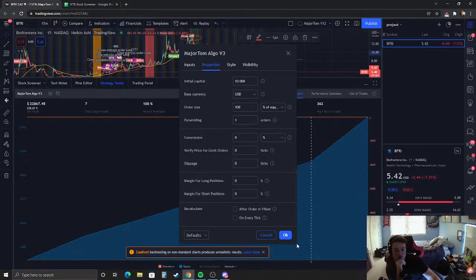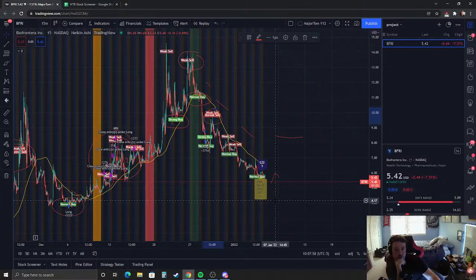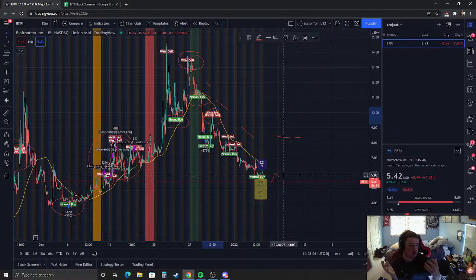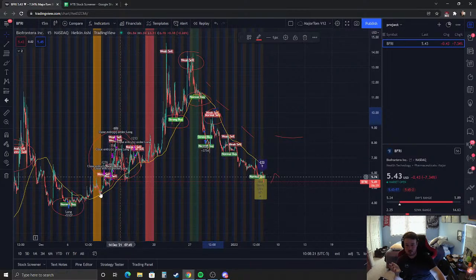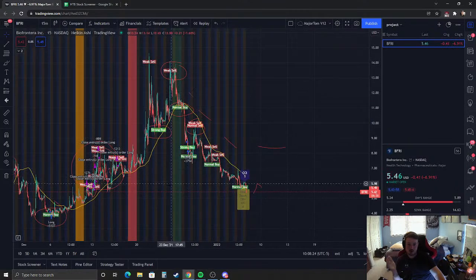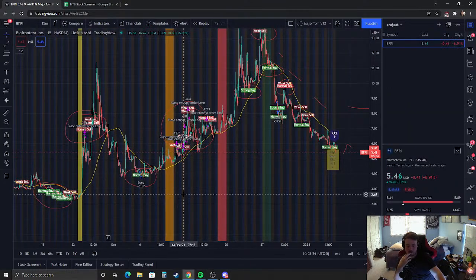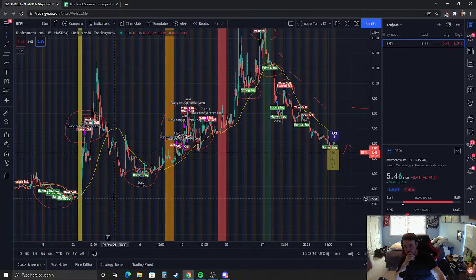You always want to start on pyramiding 1 though, because some stocks can't handle pyramiding because there's not enough entries. And if there's not enough entries, when you select that pyramid, the strategy code just shuts off and doesn't work. So always start a chart on 1 pyramid, and then once you're on the chart, you can increase it, and you can see if you took multiple buys here and multiple sells here, what your revenue would be. That's probably really confusing.